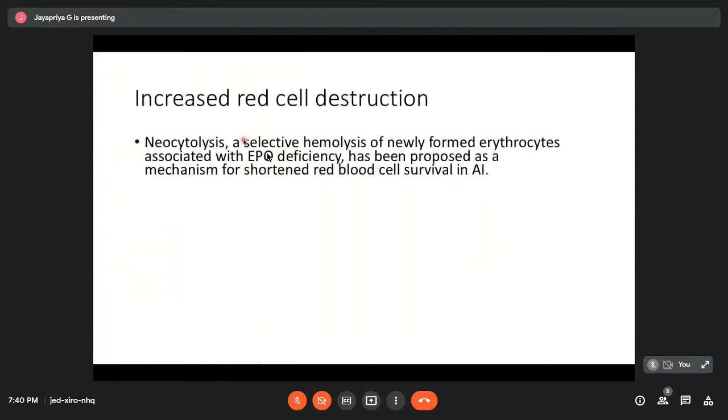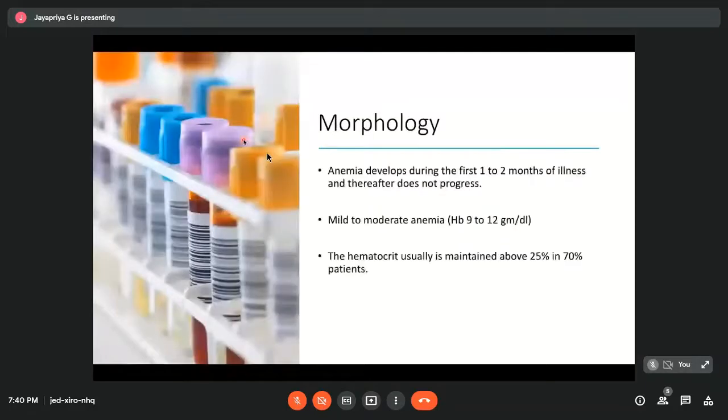Now coming to the morphologic findings. You know that basically the production of RBCs is suppressed in anemia of inflammation. So basically it is a hypoproliferative anemia and it develops during the first 1 or 2 months of illness, and thereafter it will not progress, and characteristically it will not be a severe anemia. Usually the hemoglobin levels will be maintained at a higher level, usually between 9 to 12 grams per deciliter. So whenever you see a severe anemia in this particular inflammation